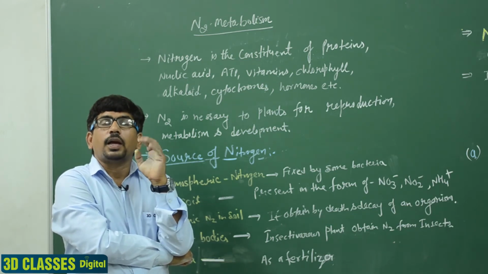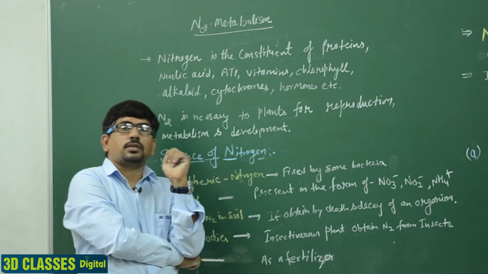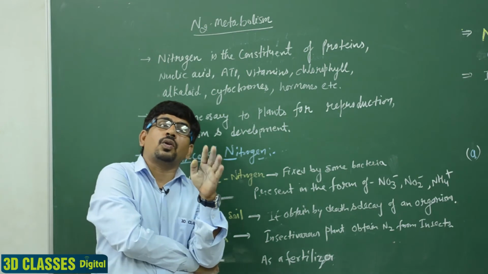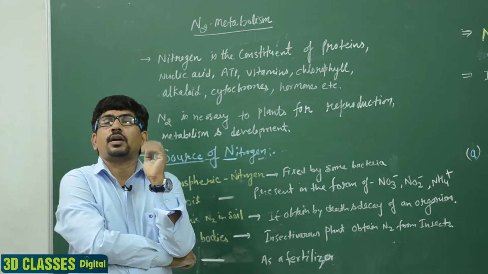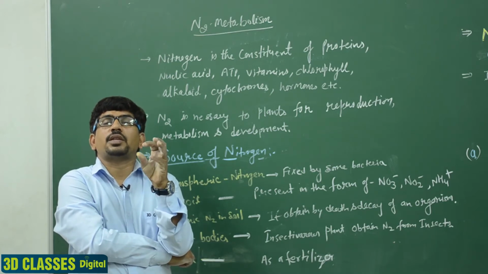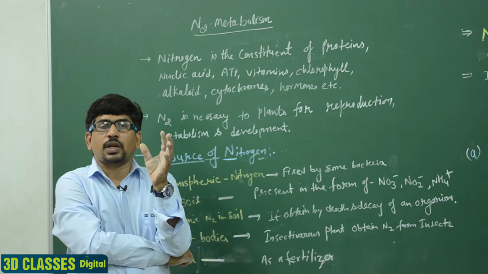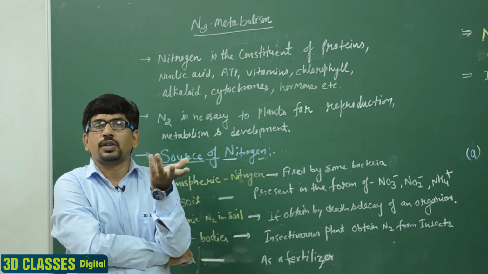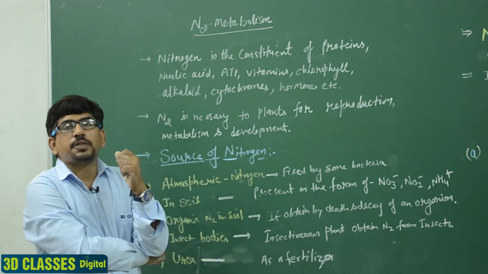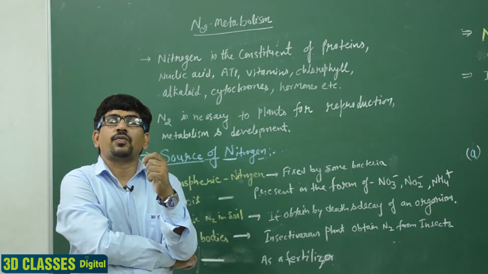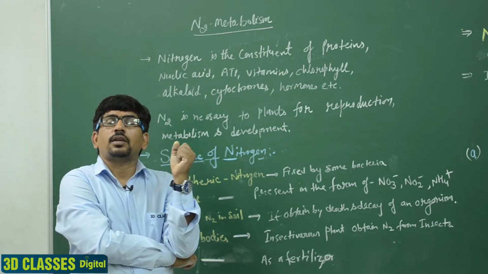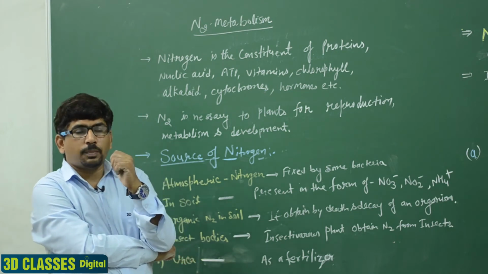But insectivorous plants, Drosera, Dionaea, Nepenthes, grow in nitrogen-deficient areas. So they complete their deficiency by capturing the insect. They develop a modification for capturing the insect, and these insectivorous plants obtain nitrogen from the insect body. They capture the insect and then they utilize the nitrogen from their body sap.